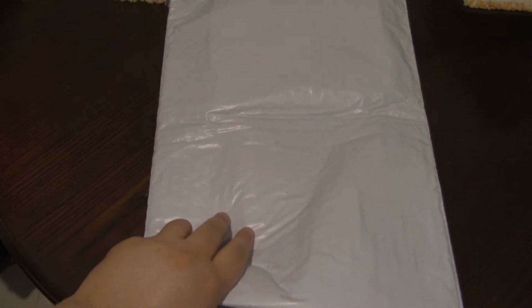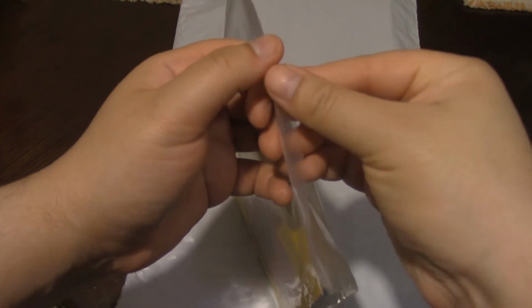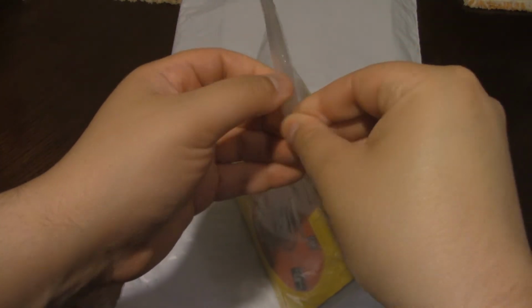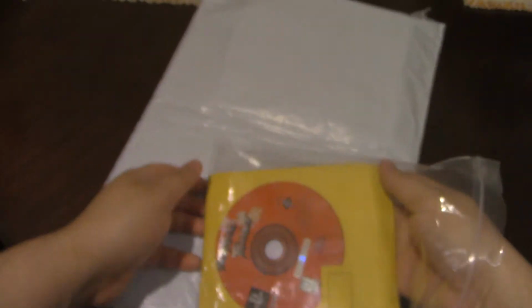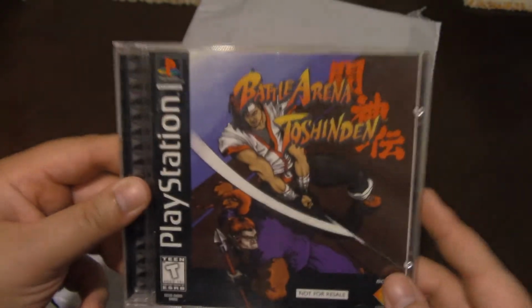But let's move on and look at the last one, which, process of elimination, is Battle Arena Toshinden, which, look at these little rapscallions, they put it in a baggie. Now, why would they do such a thing, right? Why would they put this in a plastic bag? These absolute monsters. Well, here's what they did. Somehow, I have the original...